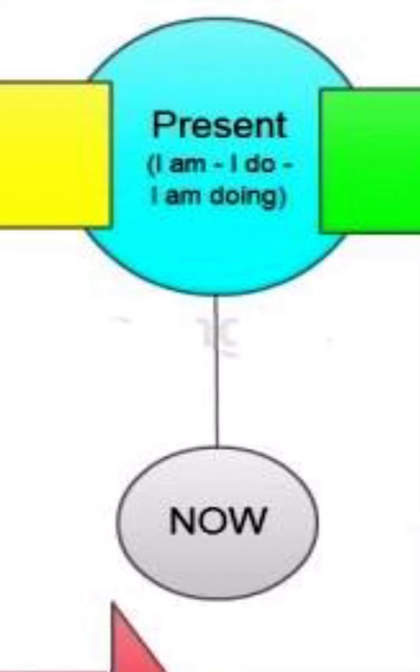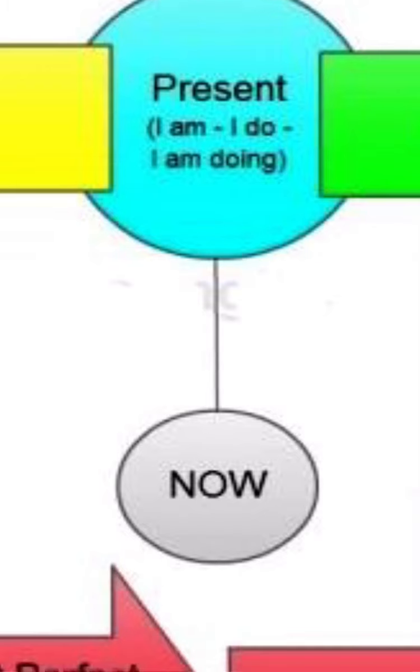Also, in the present, I can say I am giving a lecture now. الآن أنا أعطي محاضرة. This is present continuous. مضارع مستمر. It is happening now. يحدث الآن. Also, it is happening now that you are studying my lecture or you are watching this video. Okay? So this is another form of the present tense. هذا شكل آخر من the present اللي هو اسمه present continuous.